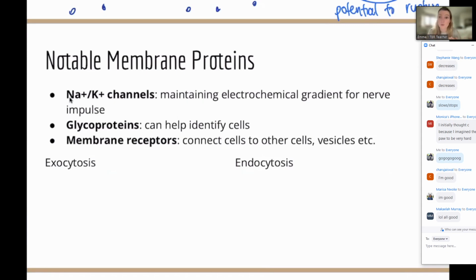Another thing that can be useful on the outside of cells are glycoproteins. These are basically sugary proteins that help identify the cell. Sometimes, like I mentioned earlier in the blood typing example, you're either positive for a rhesus factor or negative for a rhesus factor. I don't know if in repro you mentioned this, but this can be a big enough deal for two people that are trying to have a baby.